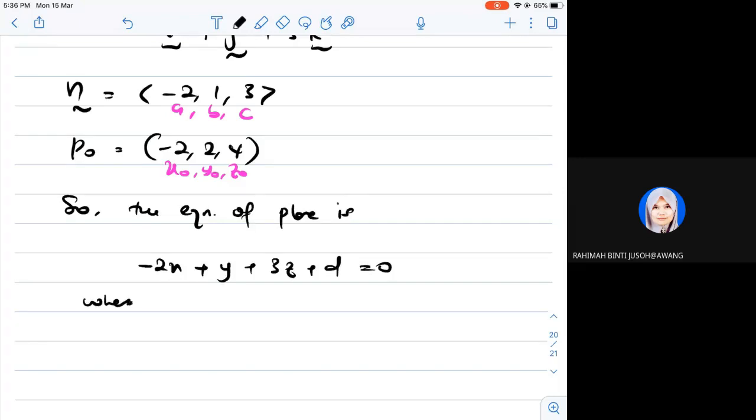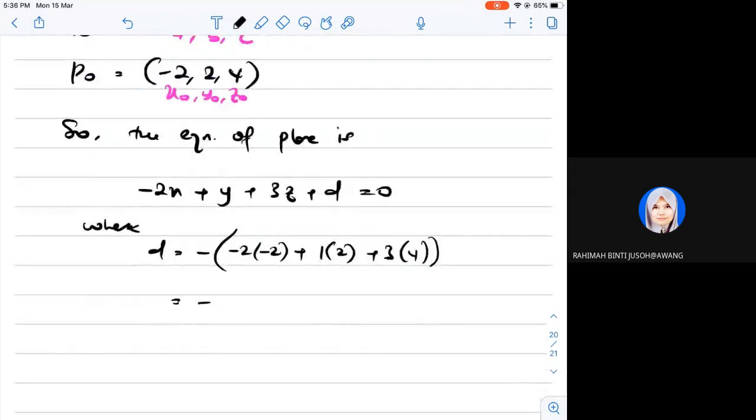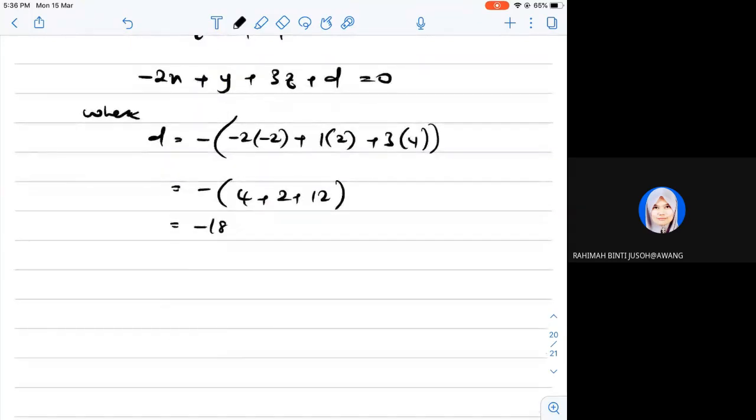Calculate your d, where d equals to negative ax naught, negative 2 times negative 2 plus 1 times 2 plus 3 times 4. Negative 4 plus 2 plus 12. 4, 2, 6, 18 kan? Negative 18. Okay. So we will have